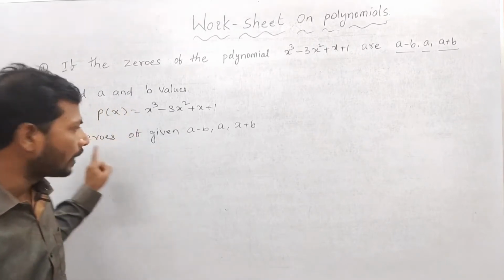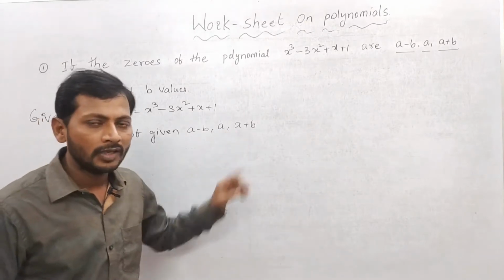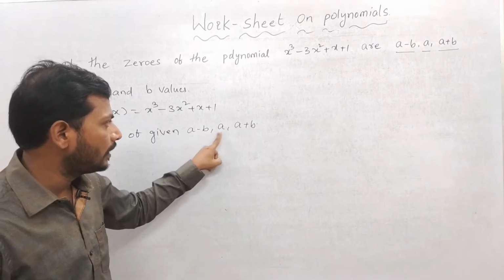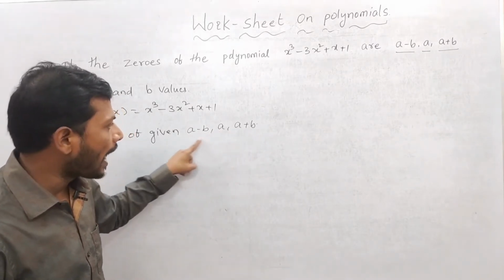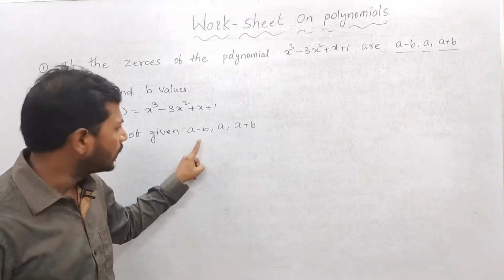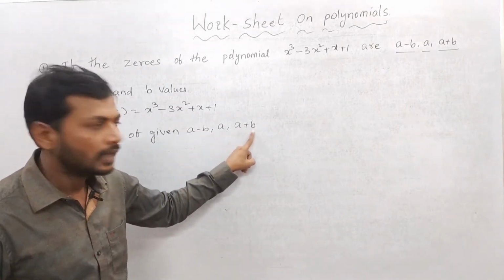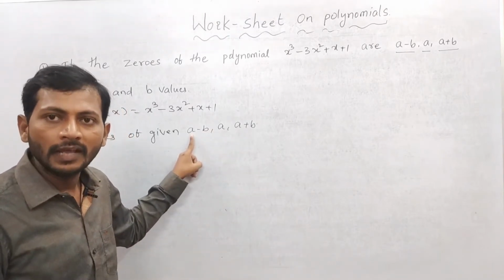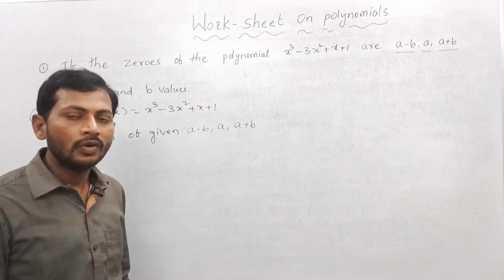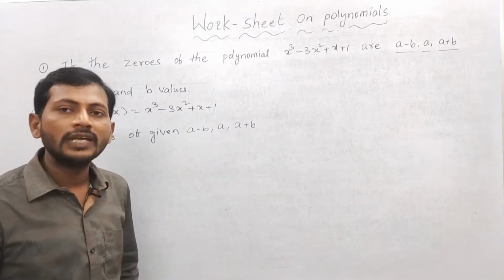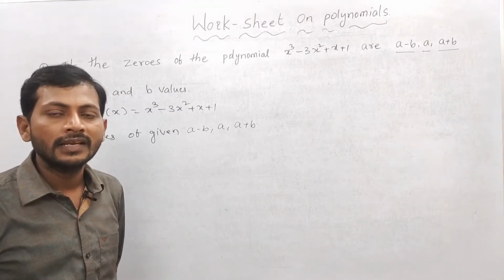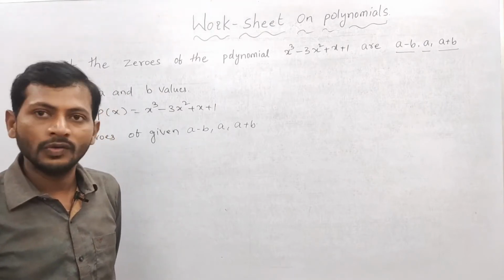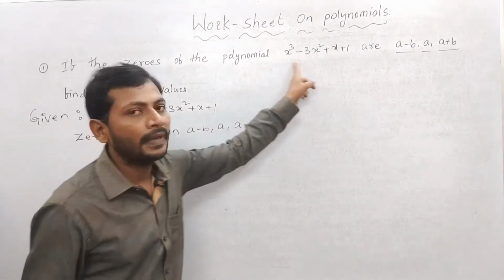You have to think a little bit logically about which is comfortable for us. For example, I am going to say a minus b, a, and a plus b are the zeros of the polynomial. Then for any relation, observe a minus b, a, a plus b. If I add these three values, a minus b plus a plus b, minus b and plus b cancel, a plus a, 3a is becoming. Then I feel that adding is very easy. So now you know very well. I hope you got the idea also. Which idea did you get? Sir, I am going to use the method of the sum of the zeros. You know the formula. Product of the zeros, you know the formula.